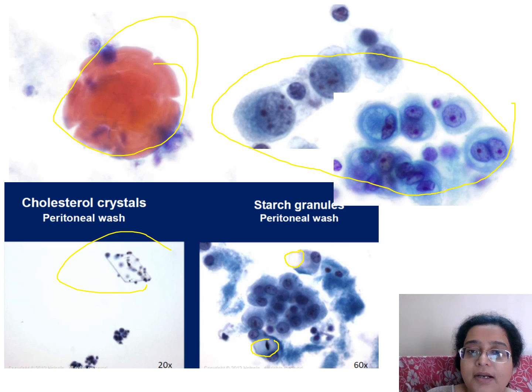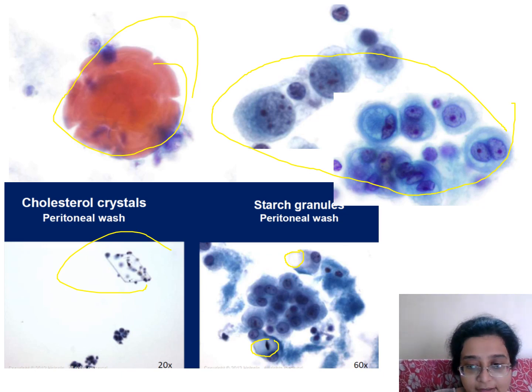Now you need to understand that a very uniform cell border with even a very dangerous looking nucleus does not mean it is malignancy, because mesothelial cells have a tendency to mimic carcinomas when they are reactive, and this will confuse a young pathologist. So even I used to get confused, so I always keep that dictum that when you are analyzing a fluid and you get these cells, no problem if you are not able to discern what it is,